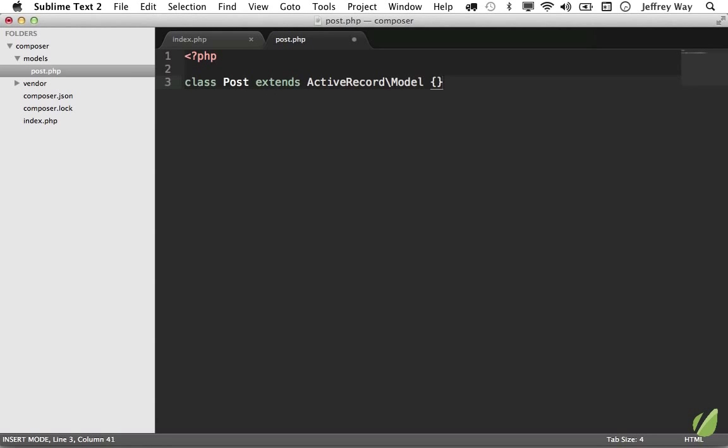ActiveRecord/model. Once again, you haven't learned about classes just yet, so go along for the ride, then watch the follow-up screencast on working with classes, and then maybe if you come back to this lesson, you'll be able to understand it a little bit better. But for now, again, I just want you to follow along and type everything that I am. So this is all we have to do. We've created our model. Now we have access to post, which extends ActiveRecord/model, and we gain access to everything that